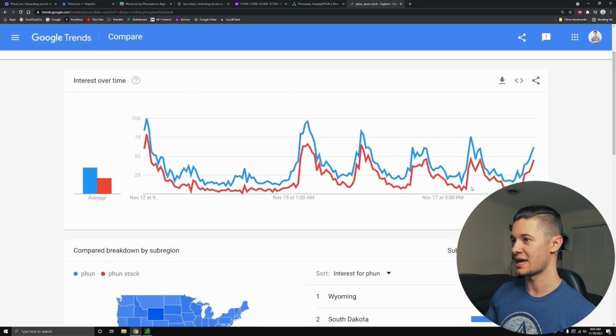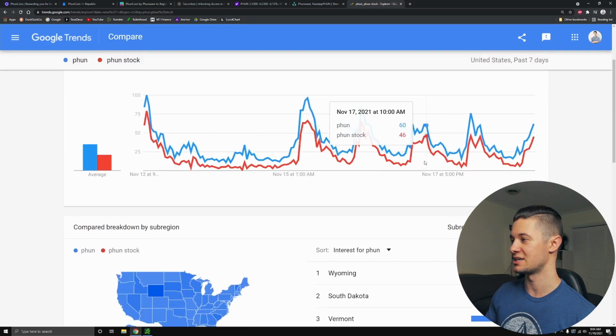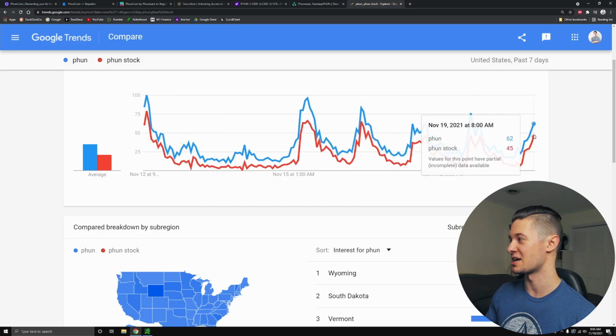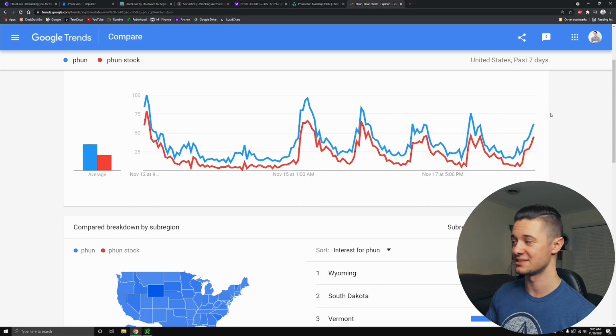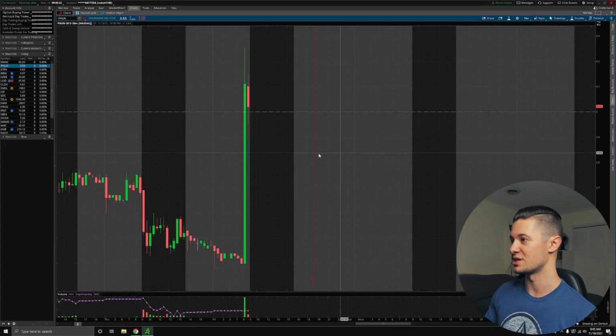However, if you look at PHUN stock, you can see it right here. It has actually been trending down on Google Trends. I expect this to change. I think today it will probably move up massively on this Phun Coin news. I think that a lot of new people are going to be looking into it and learning about it. Definitely Googling the underlying company, right? They're going to want to learn about PHUN and Phunware. They're going to try to do as much research as they can. And when they're doing that, they may end up hearing something that they like about the company and end up buying it. So I could certainly see its stock price rising quite a bit, right?